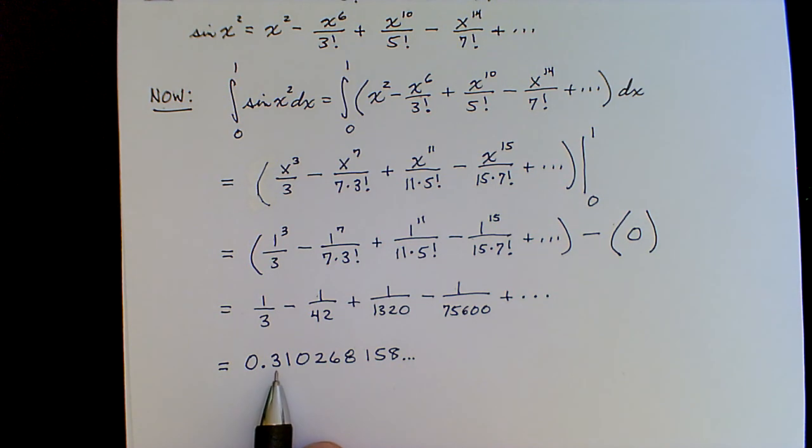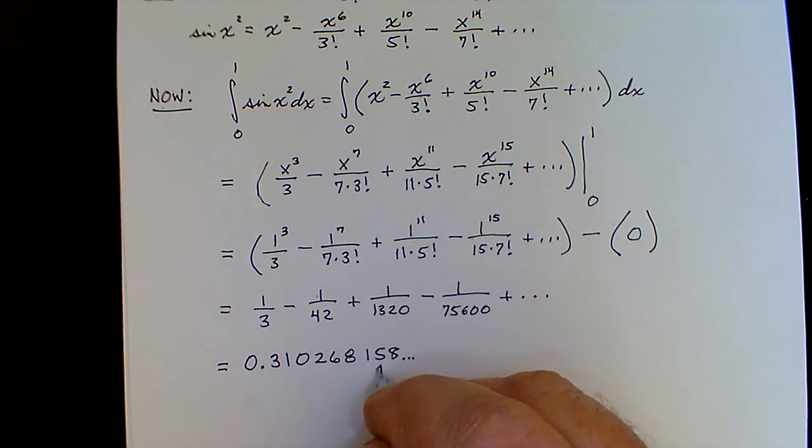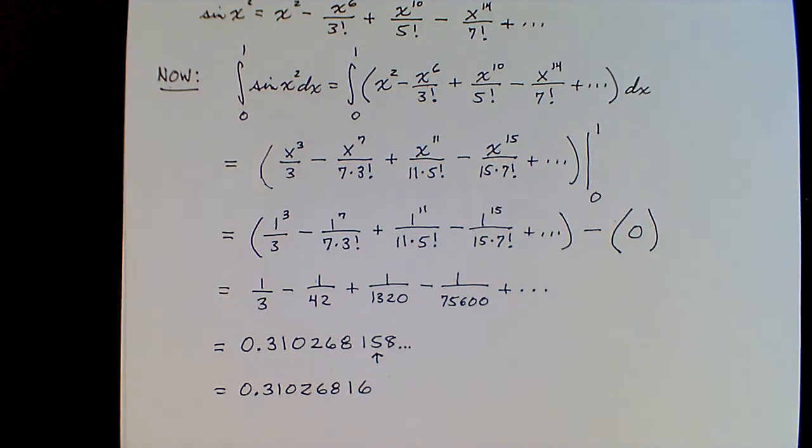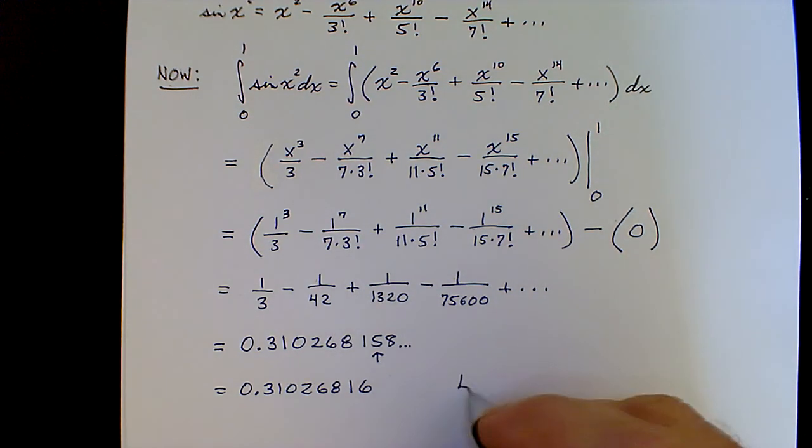But in any event, now times 10 to the negative 8th would be the 8th decimal, 1, 2, 3, 4, 5, 6, 7, 8. So we want to round to where the 5 is. So 0.310268 and the 5 becomes a 6. Okay, so that's it. That's the end of